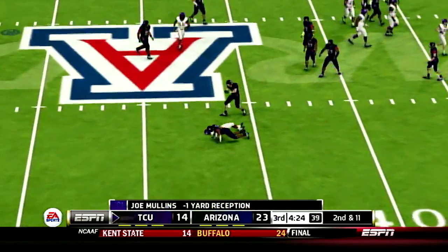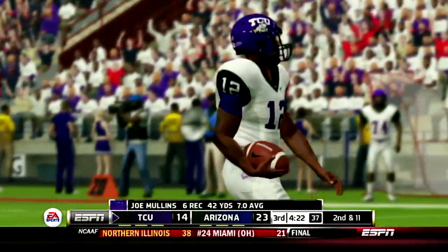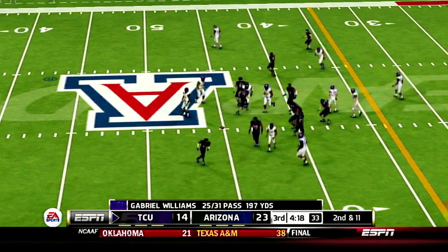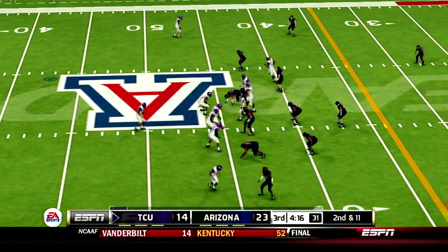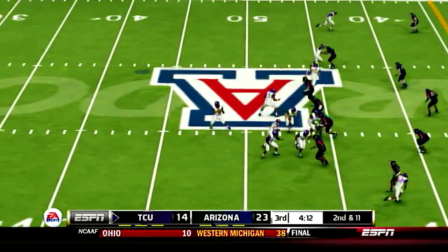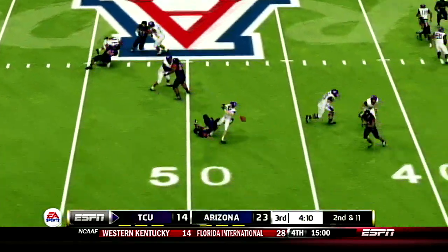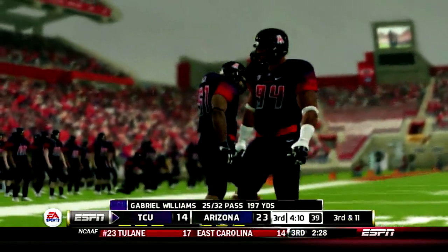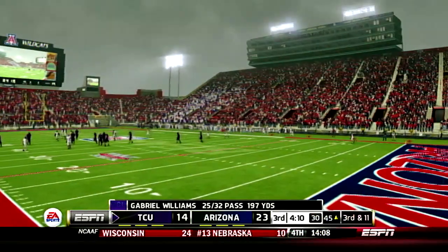Makes the catch, and the defense is all over him. They bring him down for a loss. Taken back a yard. They really just didn't have any room to work on that play. The defense just suffocated them there. Here comes the screen, and they can't connect. The intended receiver on the play. That makes it 4th and